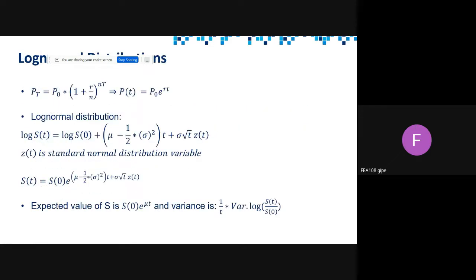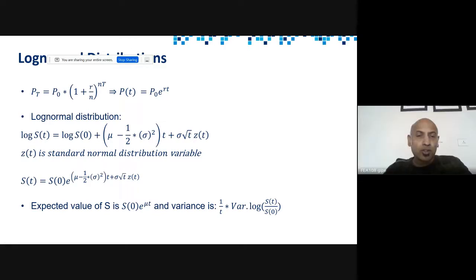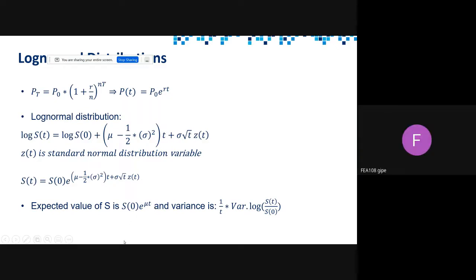Assume that some great scientists and mathematicians spent days and nights together and came out with this. Assume this to be true. Now, if I want to just get the stock price, what do I do? I just take S of t and take an inverse of this. I do an inverse operation, the exponential, so I get S of t, and then I say S0. So this is my stock price. So the expected value of S really is S0 times e raised to mu t. Makes sense, right? So the expected value of my stock price at any point in time is the starting